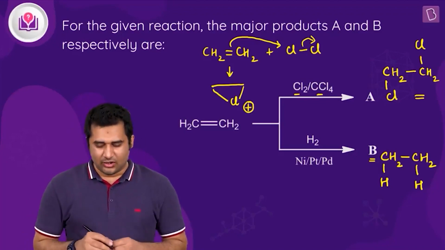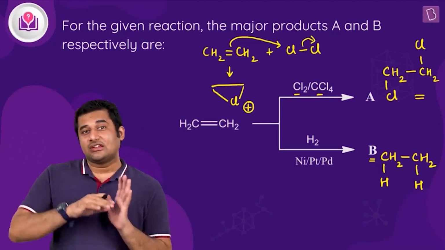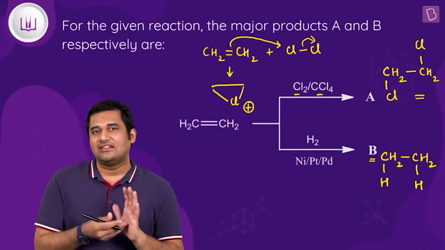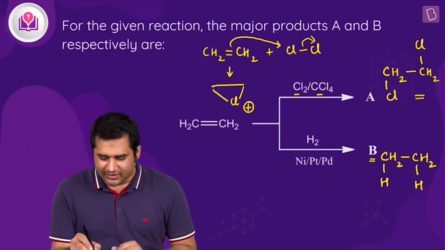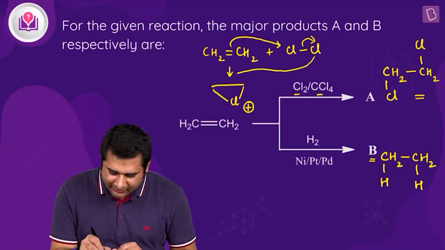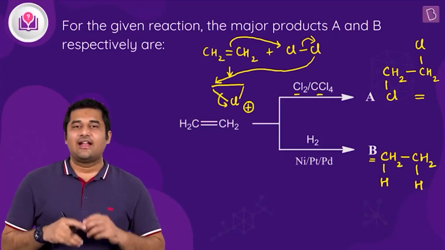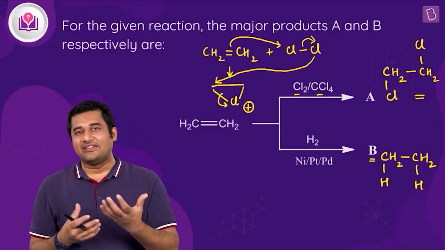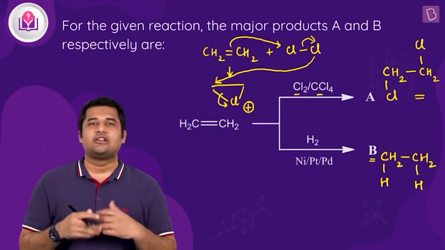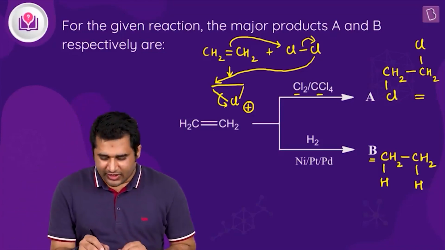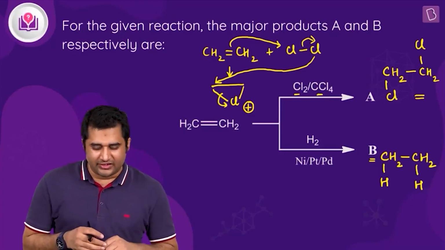Now after this, the other chlorine which is left in the first step as Cl negative, that chlorine will attack on this carbon, leading to breakdown of this bond. That is how basically you will end up getting this 1,2-dichloroethane. Understood? So are you able to understand this clearly? Let me repeat it again for you.